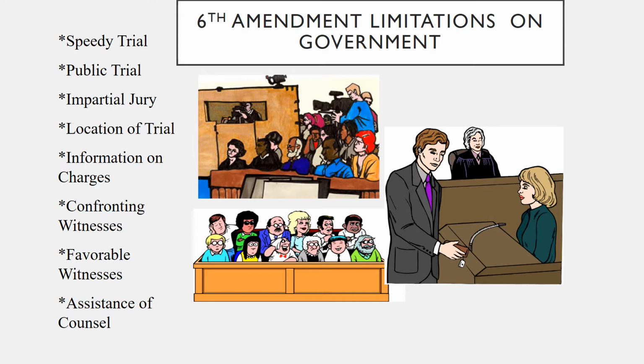An impartial jury. A jury is to be made up of people from the community. Usually in a criminal trial, you have a 13-person jury, 12 main jurors and one alternate in case one of the main jurors gets sick or something happens to them or they're removed from the case for some reason. But it's supposed to be people who don't have a bias and don't have a stake in the trial. When a person gets called for jury duty, they are called with a bunch of other people and they fill out a questionnaire, and when you show up at the courthouse, after a while you get up and